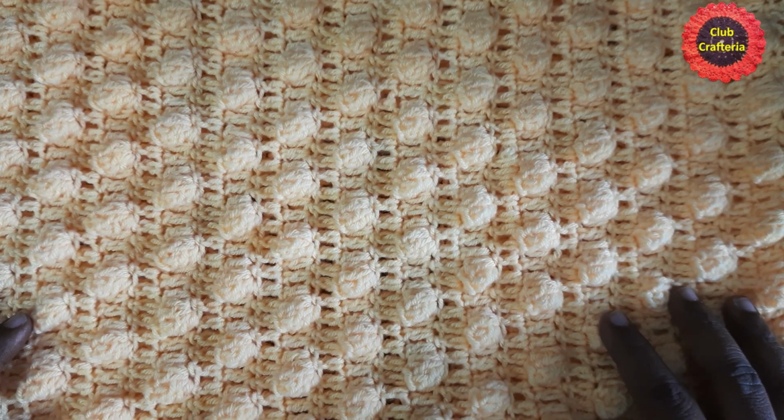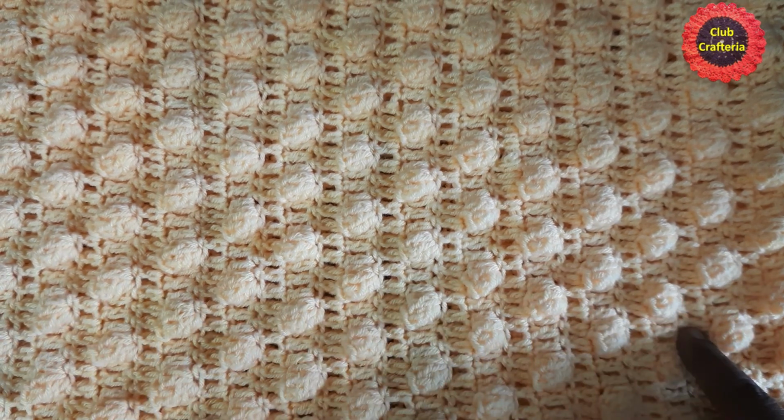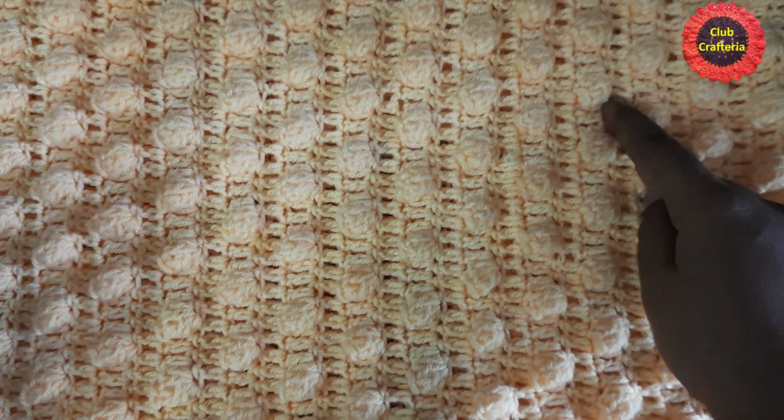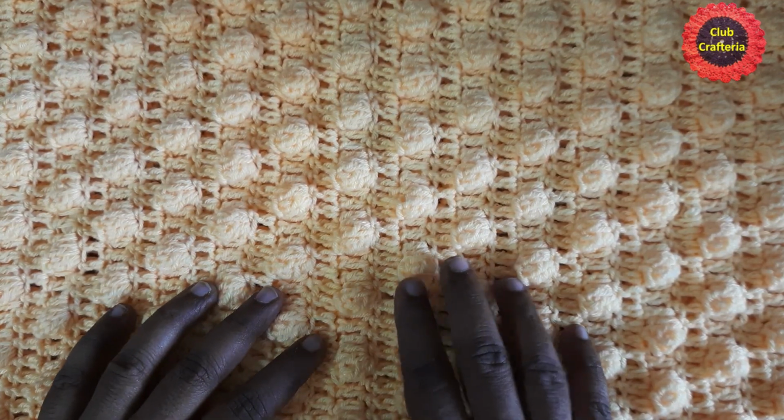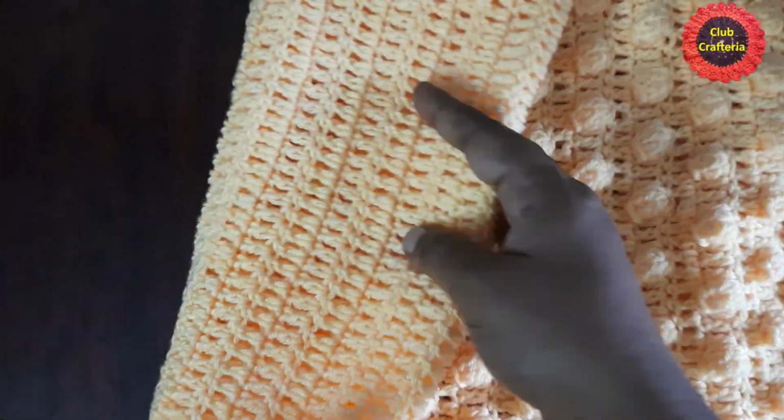So to do this pillow cover, we want to know the basic stitches like slip knot, chain, double crochet and slip stitch. This pillow cover length measures 17 inches and breadth measures 17 inches. So first we have done this popcorn stitch for 17 inches. This is the front part of the pillow cover, and for the back part I have done the double crochet